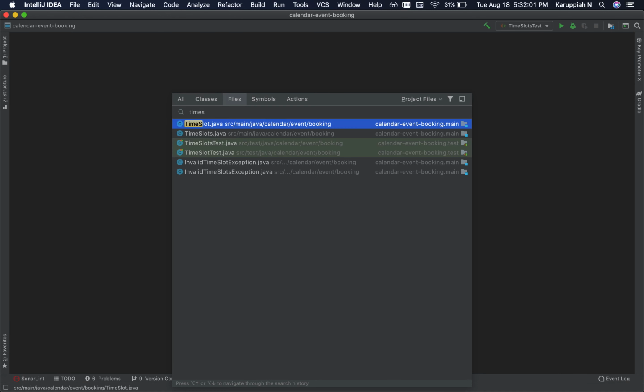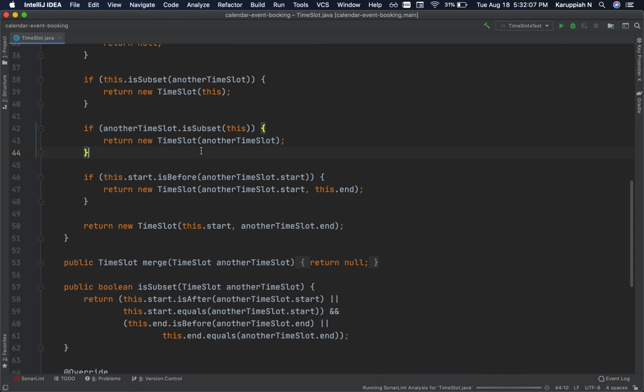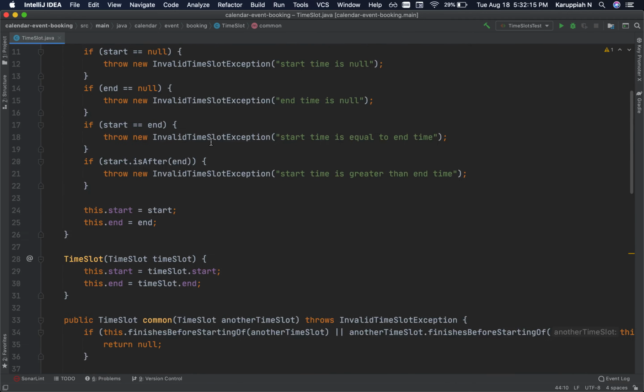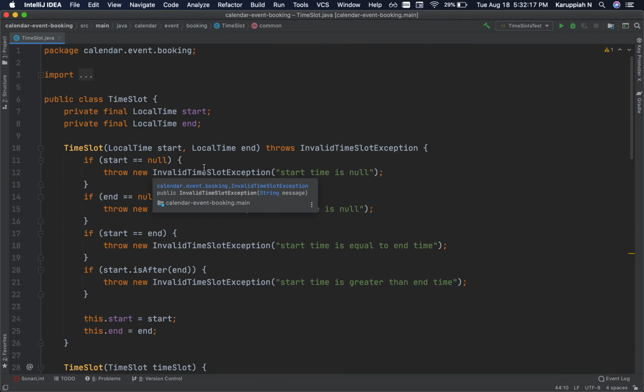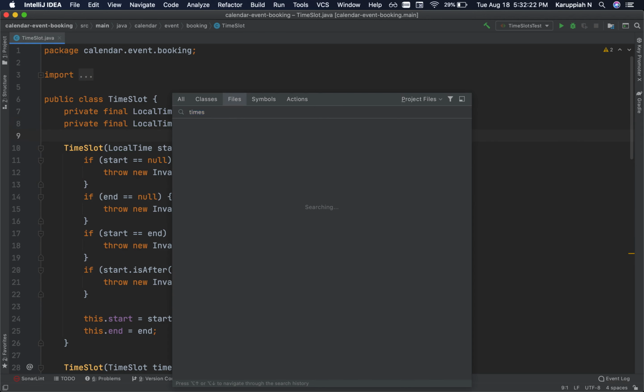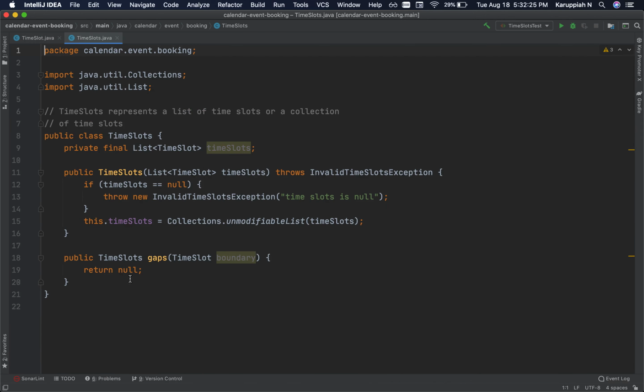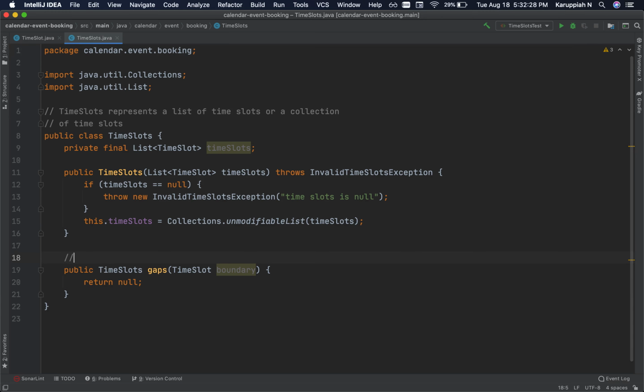I have an application over here. It's an application that helps you with calendar event booking, suggesting time slots where multiple people are available. This is a sample application. Let me put something in there. Let's say I'm going to put a to do, maybe in another file: this feature has to be implemented. I didn't really implement it well, as you can see, I just put a null.